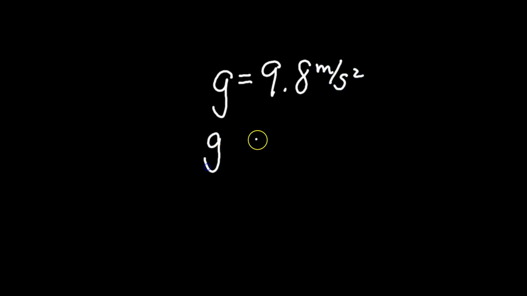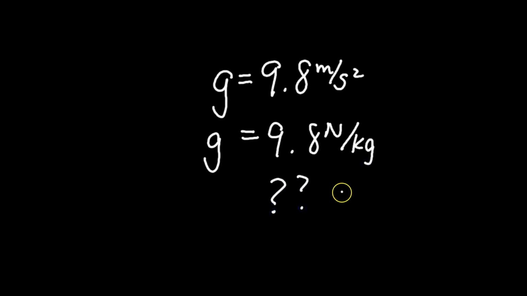Have you ever wondered why the acceleration due to gravity is 9.8 meters per second squared, or why the gravitational field is 9.8 newtons per kilogram? Well, in this video, we're going to find out why that is. Why isn't it 5.6 or 12.1? Why is it 9.8? And at the end of the video, I'll also go over some common mistakes students make